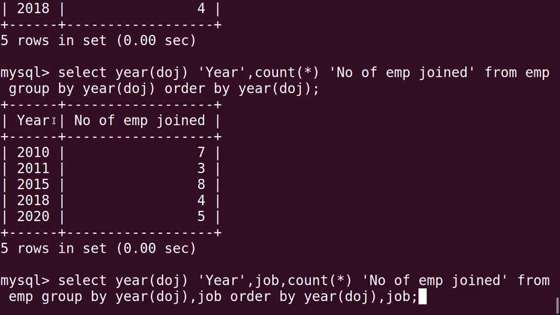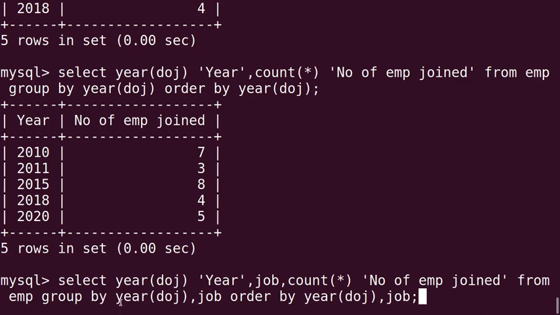In the next query, first part same. Here within the group by we are using two things, right? And within the order by also we are writing DOJ and job. Let's see the query once more. Select year(DOJ) as year, then job, then count star as number of employees joined, from EMP, group by.